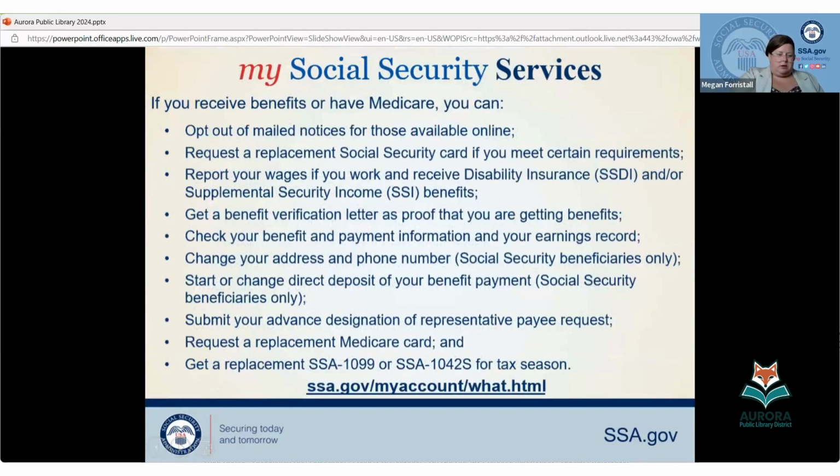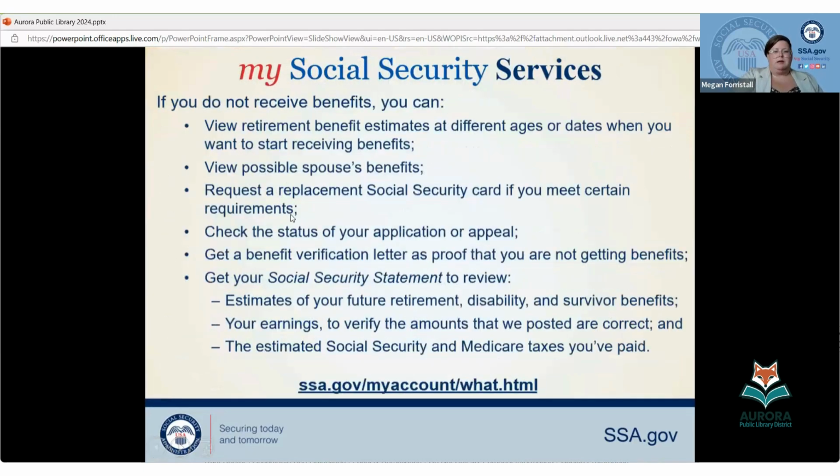So I'm going to start actually with you're not on benefits first, because this is why we want everyone over the age of 18 to be creating this account. Remember how I talked about, I knew when I was 26, I had my 40 credits because we used to send those paper forms to every single person age 25 or older once a year. Well, as you imagine, that's a big cost. A lot of people, I'm going to tell you, we ask everyone if you reviewed your earnings record in a claim. A lot of people threw them in, again, the circular file where they keep the important stuff and never looked at it. And there's important reasons to look at it.